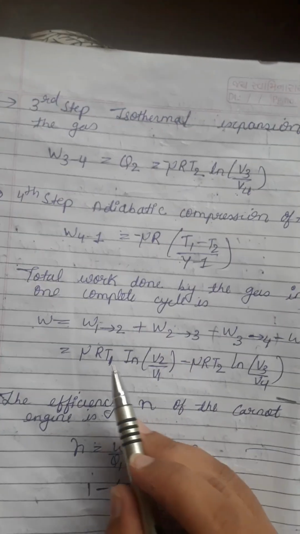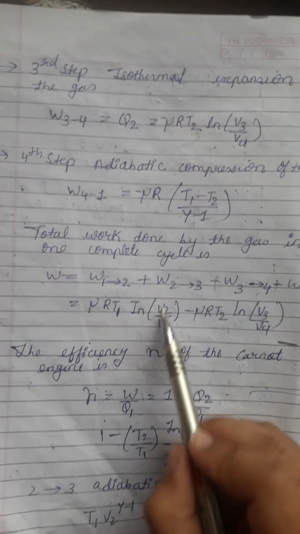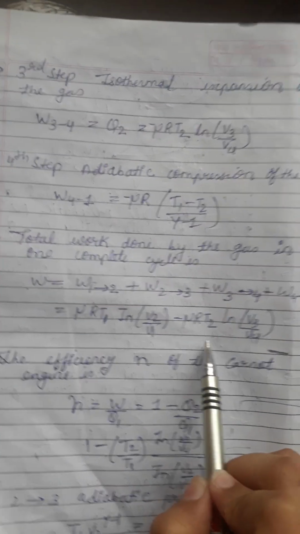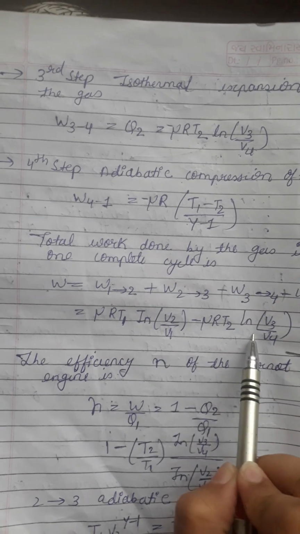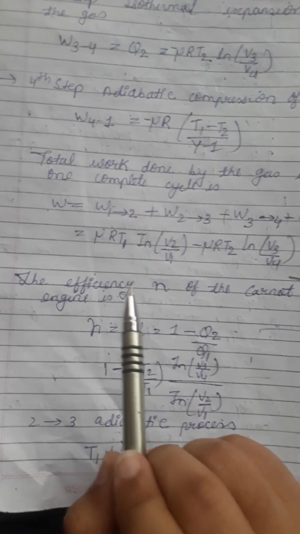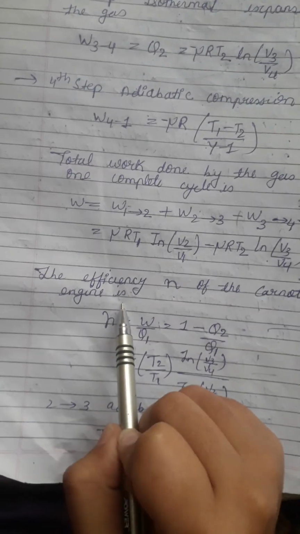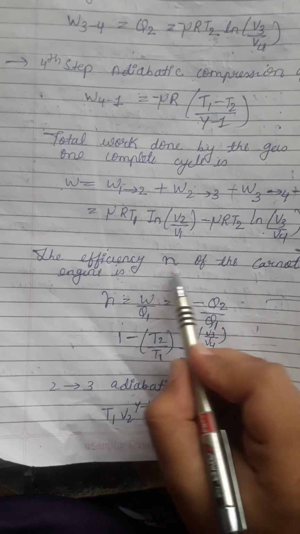Understood? Related to it, if any doubt, let me know in the comments. Now here μRT1 ln(V2/V1) minus, here we have written minus, so it becomes this finally. Now in the textbook, in the notebook, the efficiency of the Carnot engine is, okay, so this is the sign